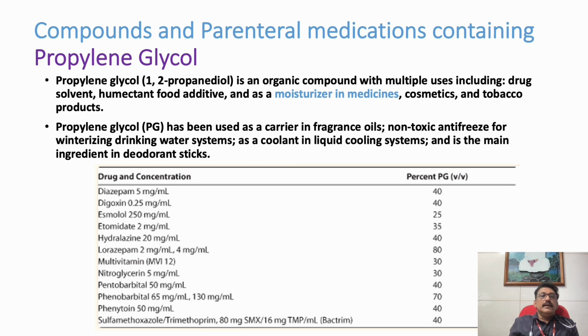Some of the drugs like diazepam, lorazepam, etomidate, then phenobarbital have higher concentration of propylene glycol in their ampule. So when we are giving continuous infusion of lorazepam, diazepam or phenobarbital, there will be high chance of lactic acidosis due to this drug, but clinically they are not very important, so we will not be discussing that. However, it can produce some toxic effects in these patients. Since it's a small quantity and it is clinically proven that it may not produce major clinical hazards in the patient, we will not discuss that.